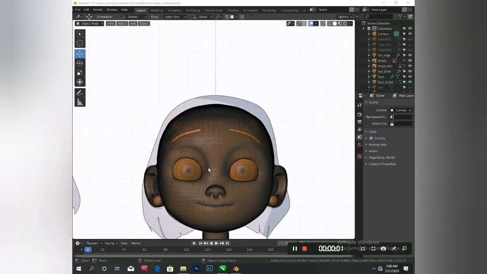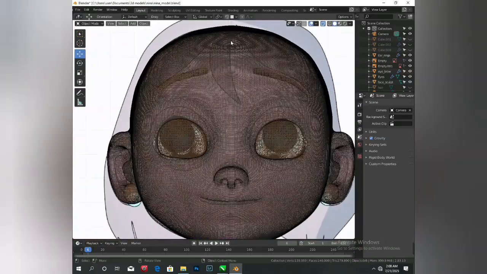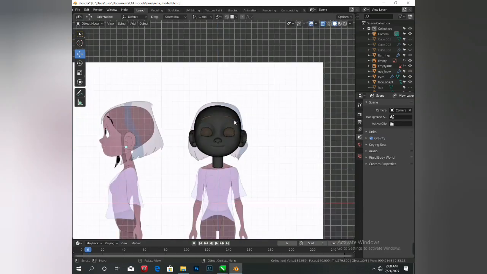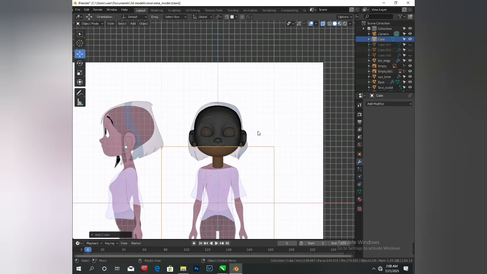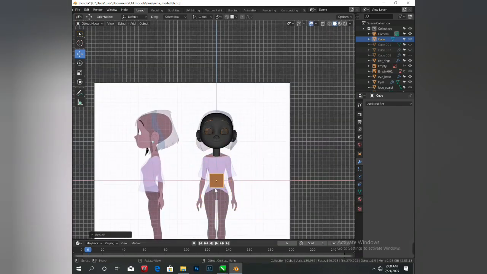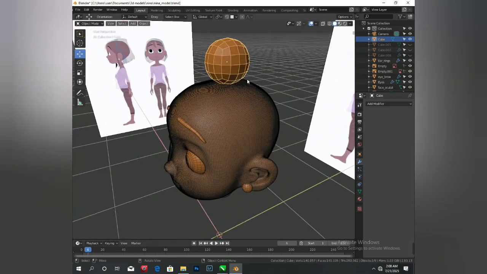Alright guys, so welcome to the next level where we are going to create the characters here. And so what we'll do, we're going to just say, let's look at this area. Okay, this is alright. Let's say Shift A, we click on Mesh, we select Cube, we scale the cube, S to scale, move this cube upwards, and we say Ctrl 2 on our keyboard, and we have to apply the